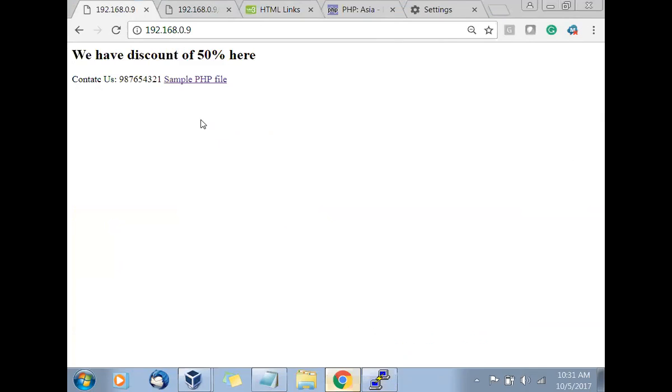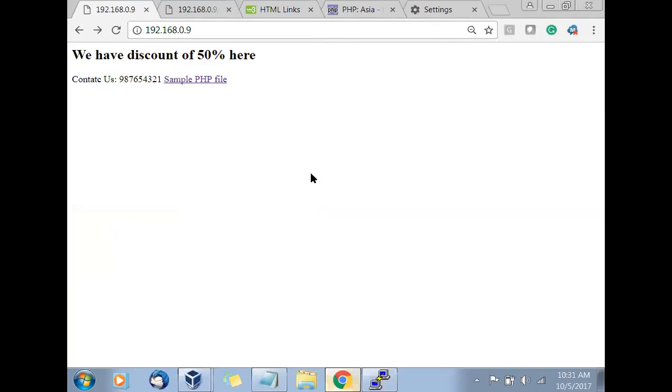Refresh. Now you see that. If I click on that, it should open the sample PHP. You can link one page to another page, no problem. You can definitely do all those things. But that is not your actual work. How to make the PHP program page the default one when you enter the IP address.